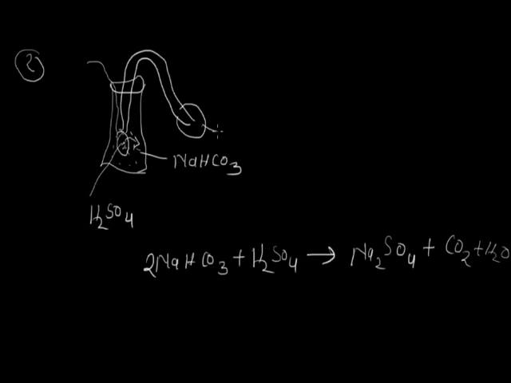When the nozzle is opened, CO2 gas comes out of the bottle. Since CO2 gas does not support combustion, a small fire can be put out simply by pointing the nozzle towards the fire. So according to this simple diagram and simple reaction, we have explained how sodium bicarbonate is used in fire extinguishers.